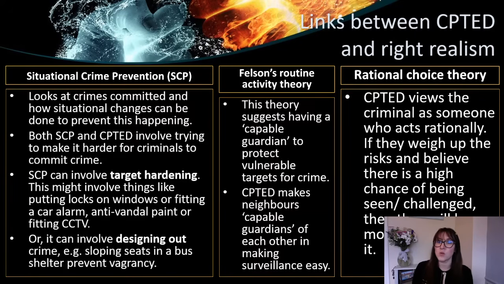likely to avoid it. So again, if there's lots of trees and bushes, it's easier to hide. It looks very unkept. If a property is very unkept, it might imply the person is older or disabled and can't look after the property as well. So it looks more of a target. If you make your property look less of a target, you're less likely to be a target. That's the idea of rational choice, because a burglar is thinking rationally about which property to target. Make sure you don't look like a target.